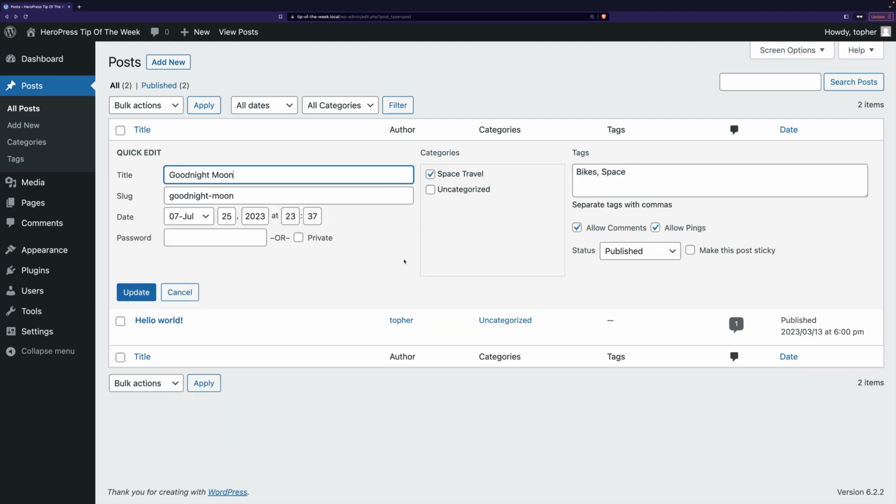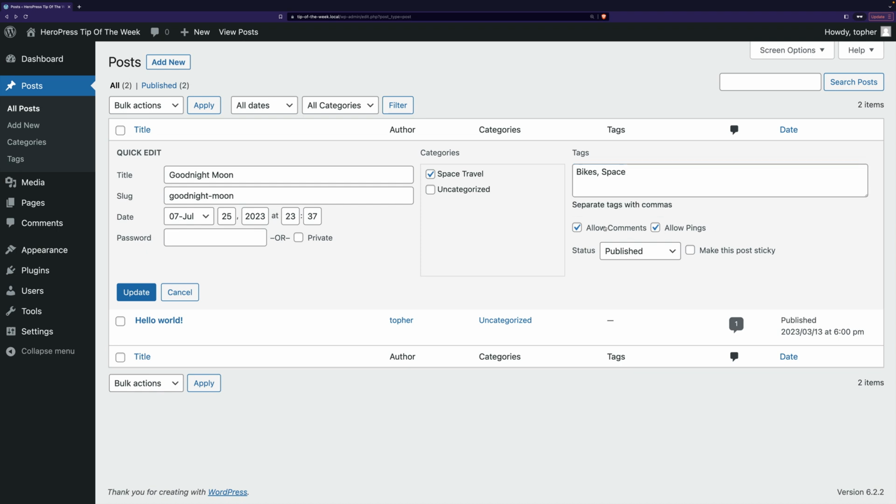And there are some things that I can edit in this post and other things that I can't. For example, I could change the title or the slug. I could change the release date. I could set it to be password protected or private. I can remove categories and I can choose some that are already existing, but I can't create new categories like you can inside a post. But for tags, it's just a text field and they're comma separated, so you can create new ones here.